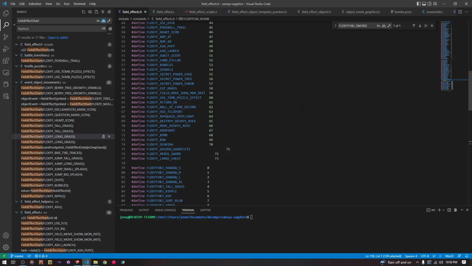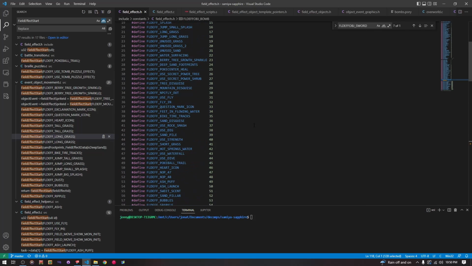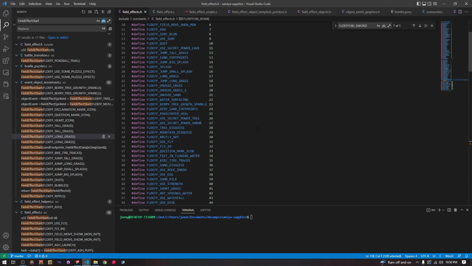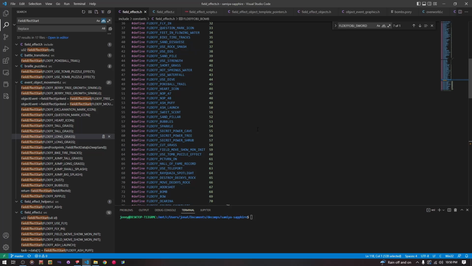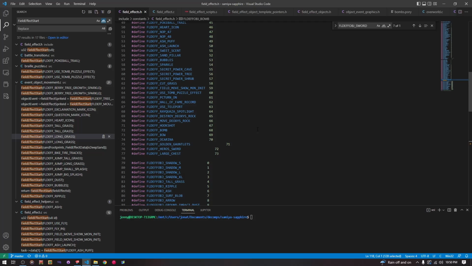They're not that complicated at the end of the day to set up, but what you choose to do with them can be very complicated. It can be extremely complicated. You can get pretty wild with it. Some of the more interesting interactions in the game are done through field effects. So if you want full control over some of the cooler things in the game, you need to get used to editing these field effects, and especially get used to writing these tasks, understanding how they interact with things like sprites, how they interact with object events, how you can